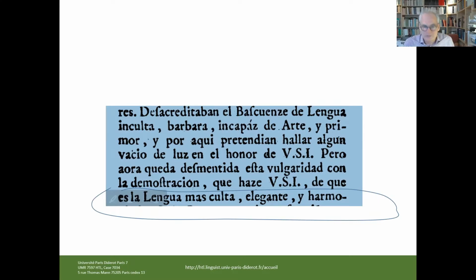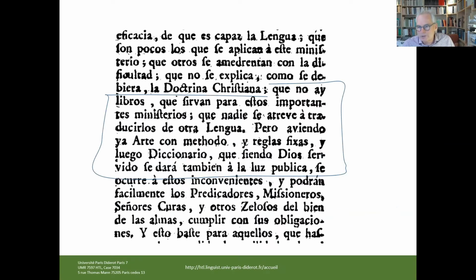But the author here demonstrates clearly this language is, before desacreditaban el vascuence de lengua inculta, it was barbarous, incapaz de arte, it was not even capable of having rules. But here comes the lengua that is the most culta, the most elegant, armoniosa, even in terms of harmony. And then you find here arte, método, reglas fijas, and you have a dictionary, and actually this is the way